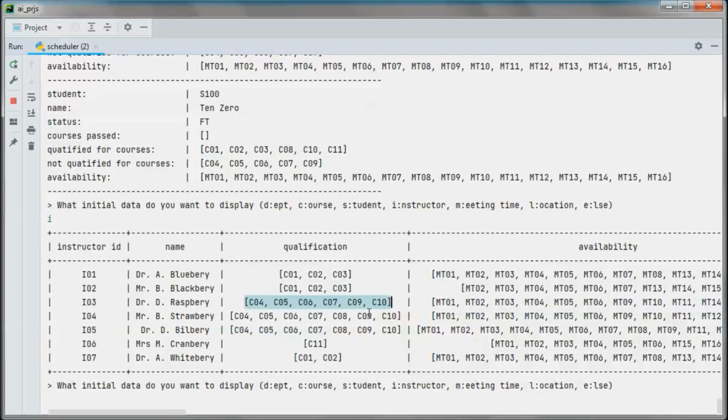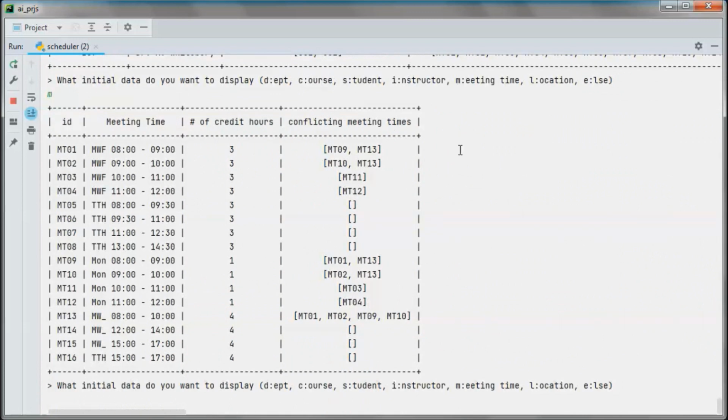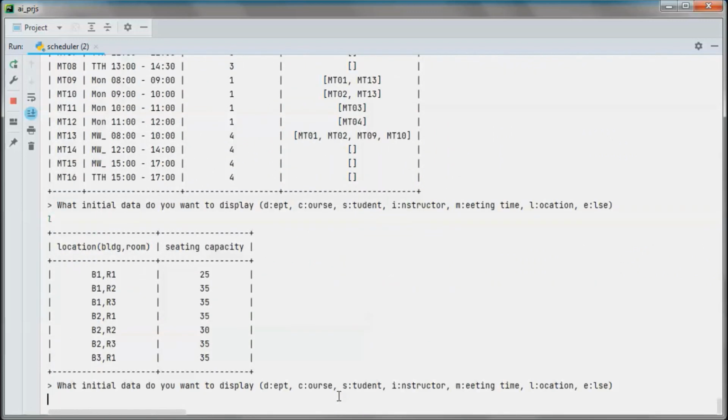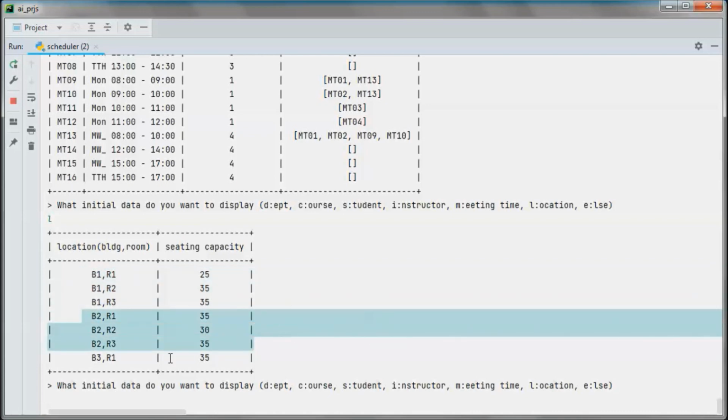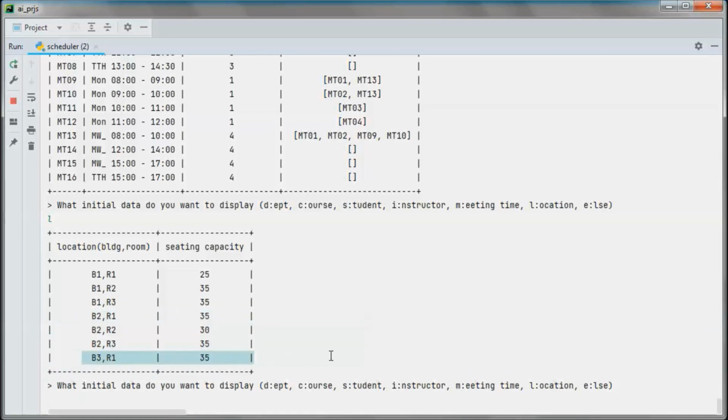And we've gone through the meeting times before, and this is location. So the location is by building and room in that building. So building B1 has 3 rooms, and this is their seating capacity, and building B2 has also 3 rooms, and building B3 has only 1 room.